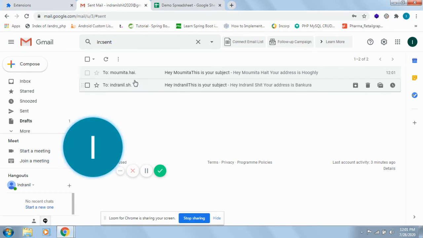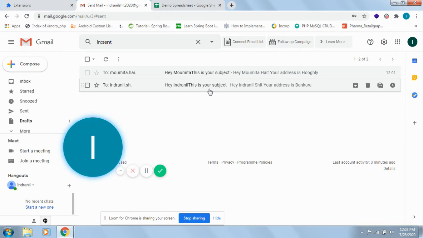See, the mail has been sent to those two email IDs one by one, so that this user doesn't know to which email addresses this mail is being sent. Okay, so you can see, hey Indronil, this is your subject.